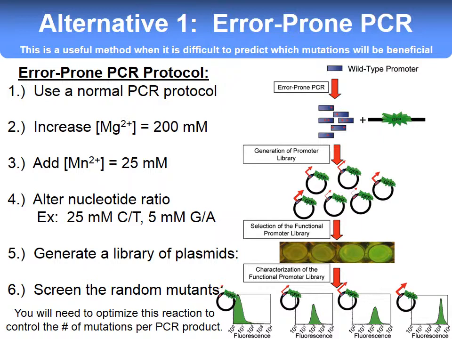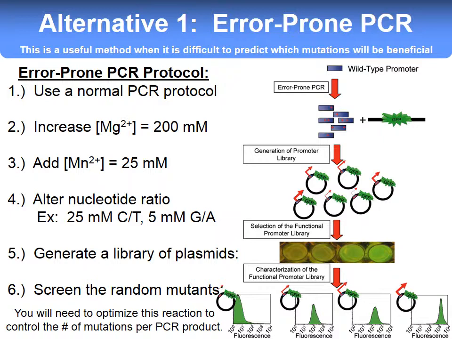So you can see on the right there, the rightmost culture is the brightest. So that tells us that that mutation, whatever it might be, is the most effective at increasing the protein's activity. So we started off with, you can get literally hundreds of these mutations from error-prone PCR. Then you test them out, see which one works the best, and that's the mutation that you want to stick